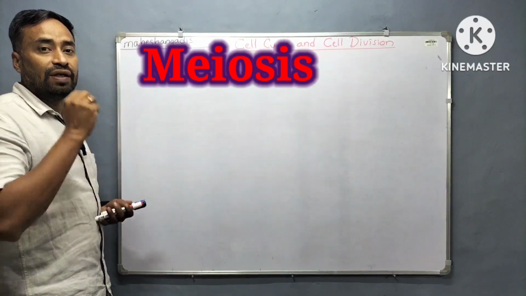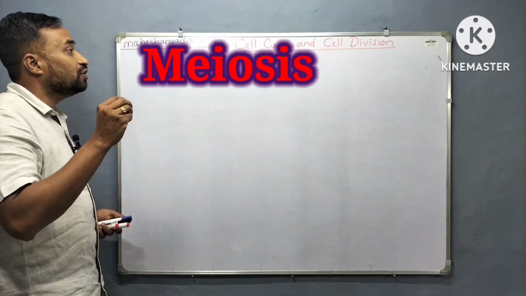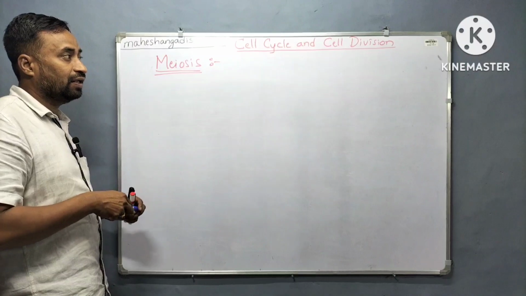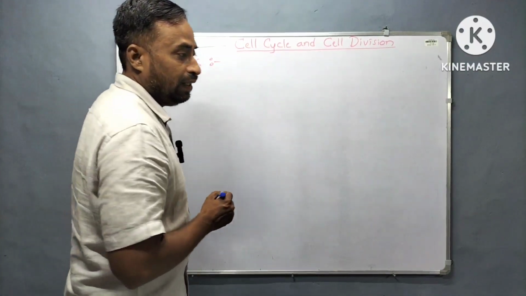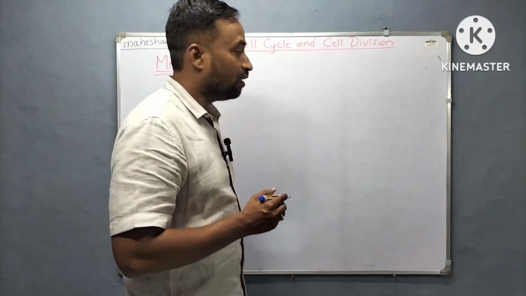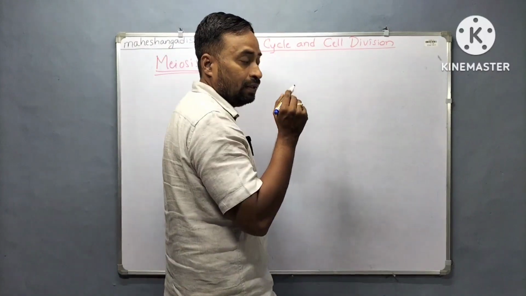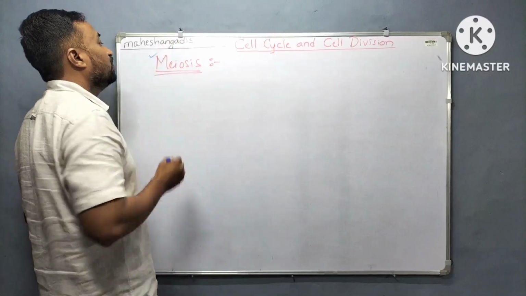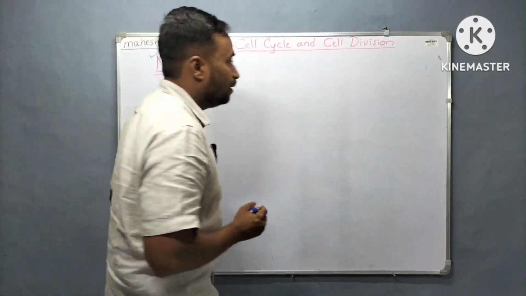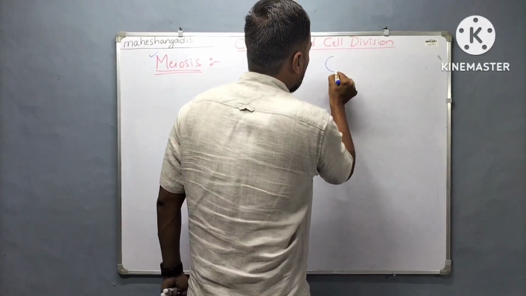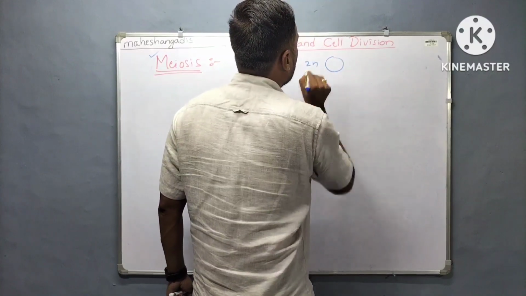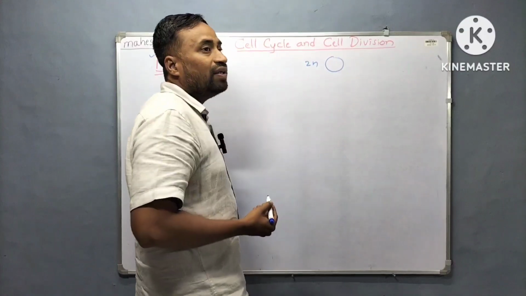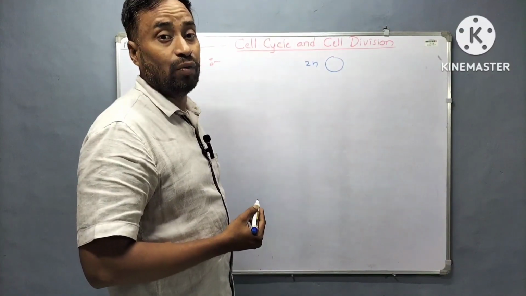It's a special kind of cell division. Why is it a special kind of cell division? Let's see here, in all sexually reproducing organisms, gametes are produced by this process. See, gametes are produced by what? Meiosis. Okay, see here, if the parent is